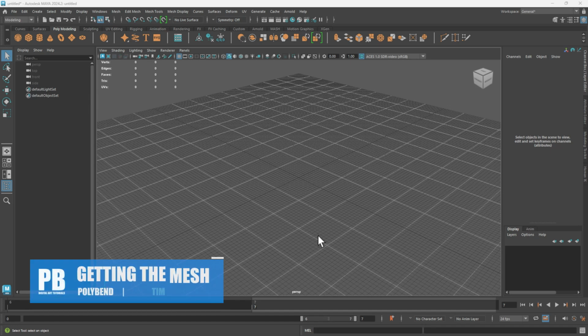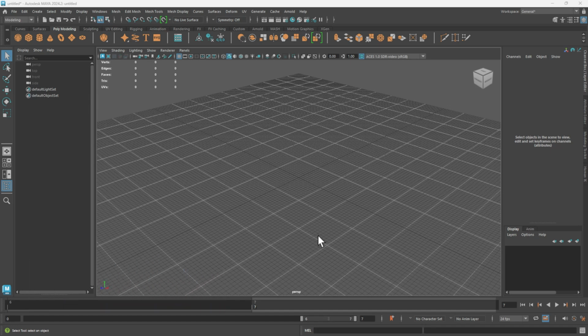Okay, in this video, we're going to talk about how we can get rigs and animations that we've personally created into Unreal from Maya. Now, this video is not going to go over the basics of rigging, animation, Maya, or Unreal. It assumes that you have a general understanding of these practices,